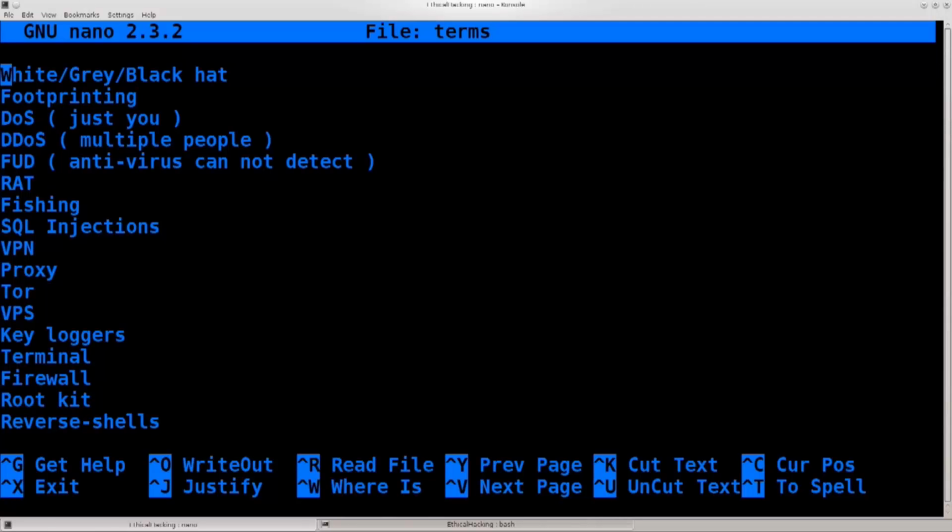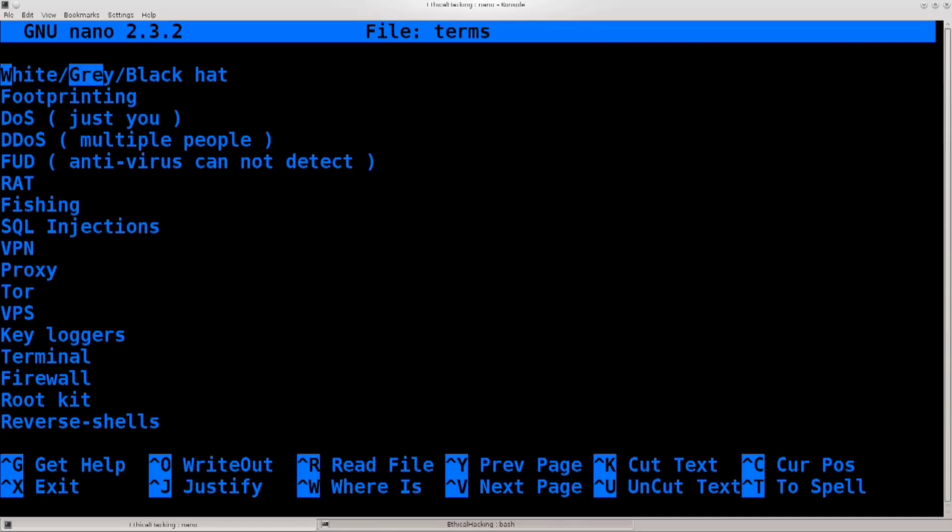Today I will be talking about some of the basic terms which you will need in order to follow this course through. So first off, you have three main categories of people. There are white hat hackers, gray hat hackers, and black hat hackers. Everything that we will be doing falls into this category here. So white hats. Those are people whose activities are within the confines of the law. There are people such as pen testers, ethical hackers, people like you and me, and so on.